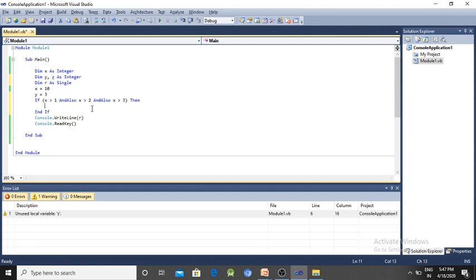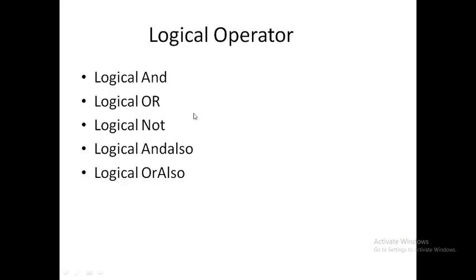The last type of operator is the concatenation operator. Concatenation means plus and ampersand. You have already seen the plus in the arithmetic operator, but its place makes the difference.